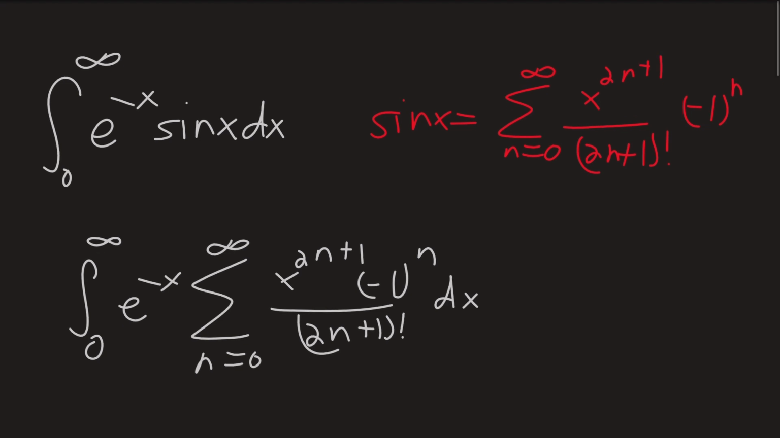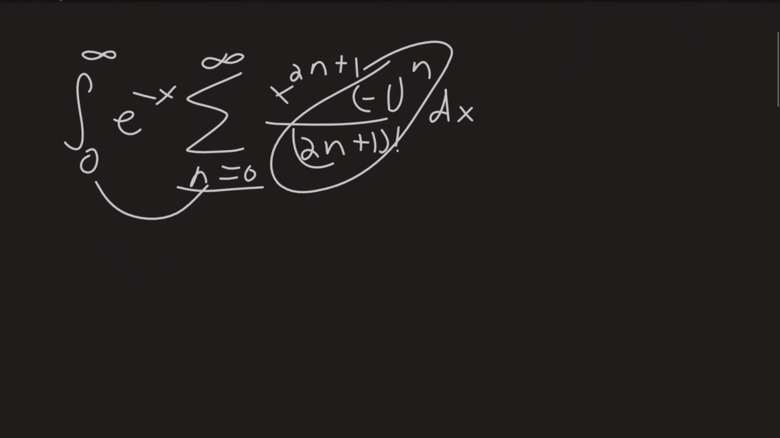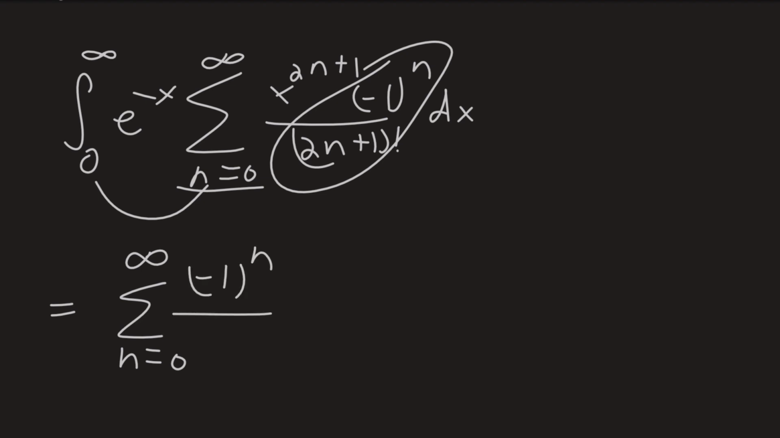Now, one property of integrals and summations like this is that since there's really no x's in here, we can just reverse the bounds, as far as I understand. So doing that and also pulling out these terms right here, since they're constant relative to the integral, we can just pull them out. So what we're left with is just the sum from n equals 0 to infinity of negative 1 to the n divided by 2n plus 1 factorial